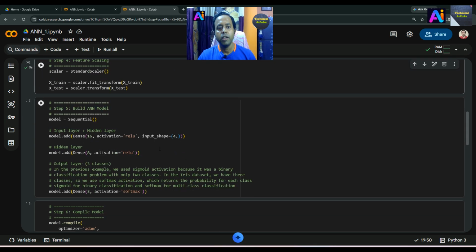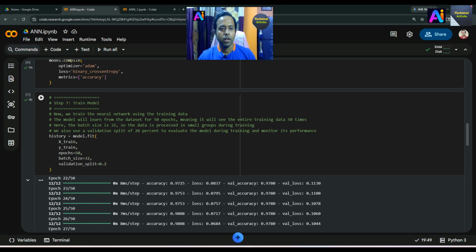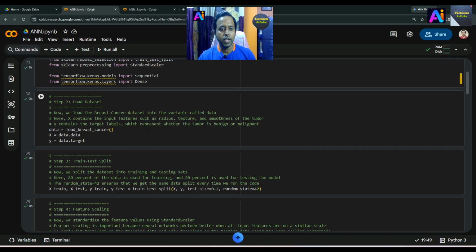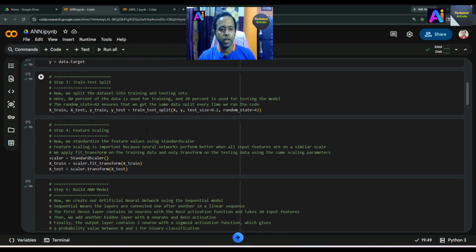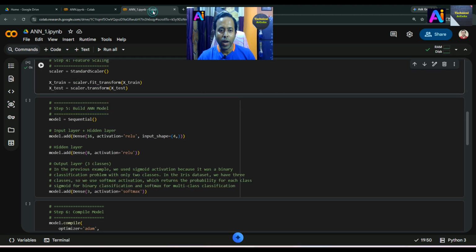Now what happened, just see. For the previous case, this is the important part. For the previous one we used, just check here, in the ANN model, at first ReLU, next ReLU, and lastly sigmoid. But here the first is ReLU, the second is ReLU, but the third is softmax. Why? Because the output classification here is 3. For the previous one, it was a binary classification, benign or malignant, but here there are 3